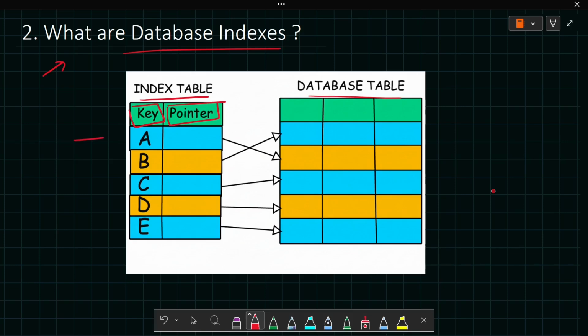Let's say I am searching for a particular record. I go to this key, right? It already has a pointer which is pointing to the record. It is pointing here. So instead of going through the entire table to find the record, I will simply go to this row and search for the attributes which I need, right? So it holds the indexed column values along with the pointer to the corresponding row